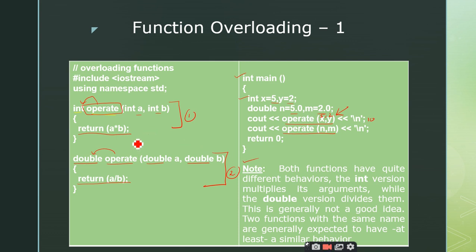both the functions have the same name, and both have the same number of parameters. Of course they differ in the return type and the data types of the parameters, but if we look at the behavior or the code given for the body of these functions, the first function is giving the product of two numbers, whereas the second function is giving the division of two numbers, right? So this is not generally a good idea. As I told, once you give the name of the function, it should reflect what it is doing.